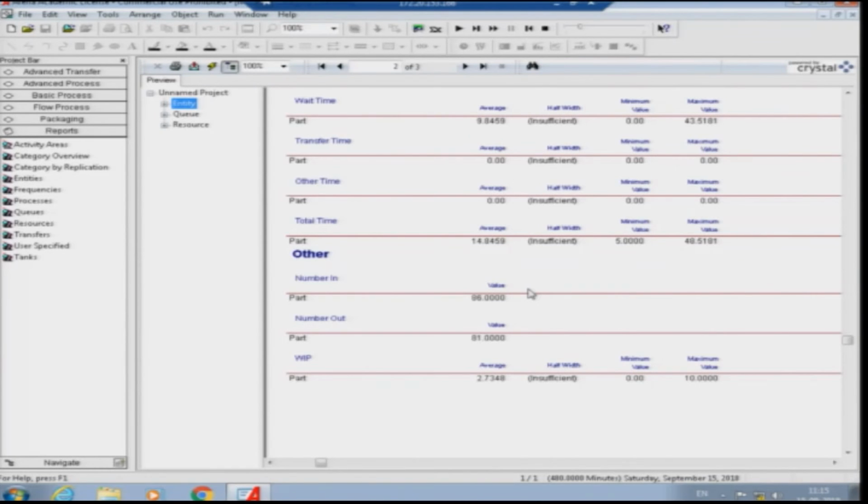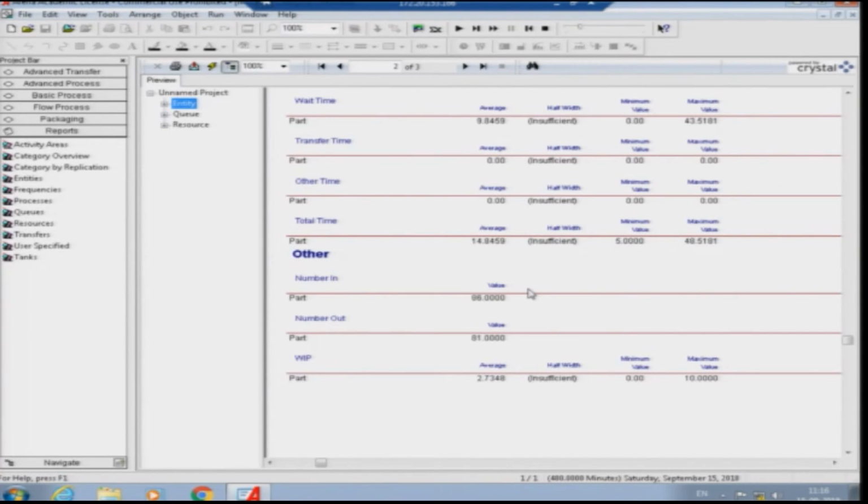So, in the 480 minutes, where you could actually get 98 parts arriving into the system, with the variation you can only get 86 parts arriving. So, that is the first thing that you should note in this scenario: the parts arriving into the system can always give you a lower value when you put variability into the system.